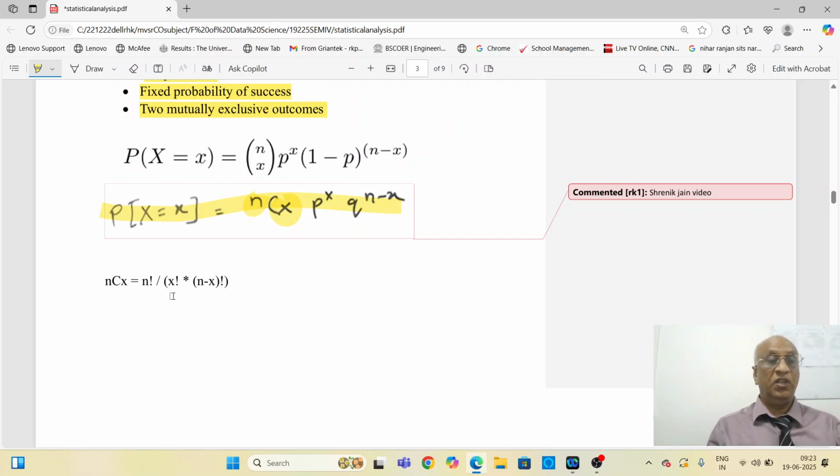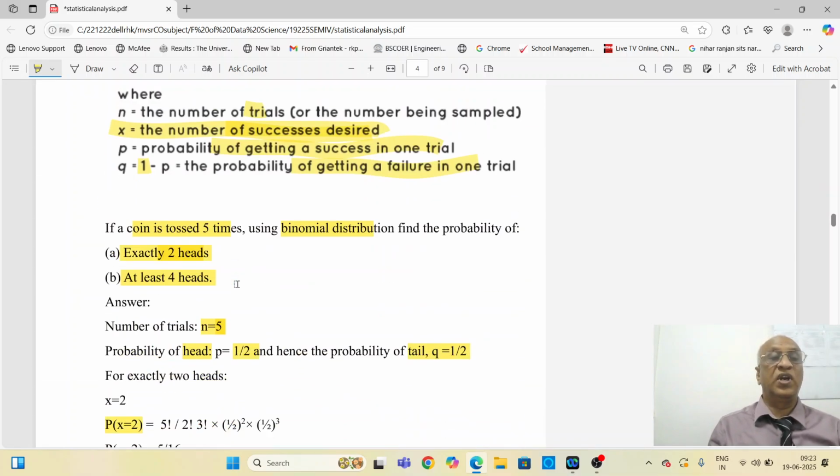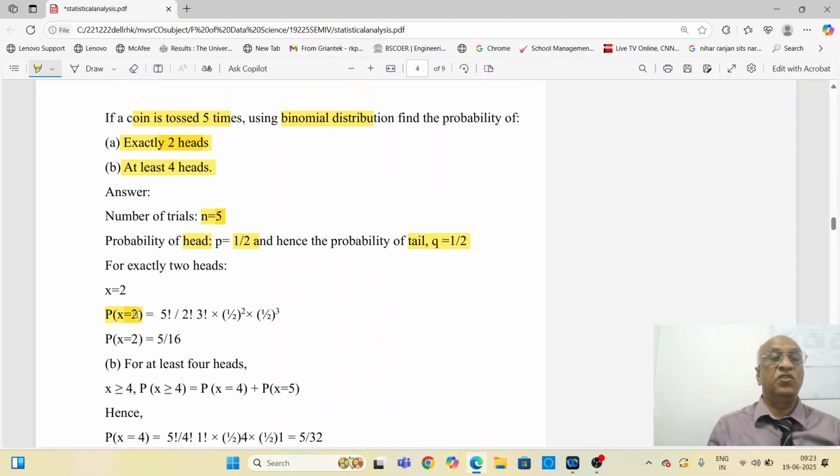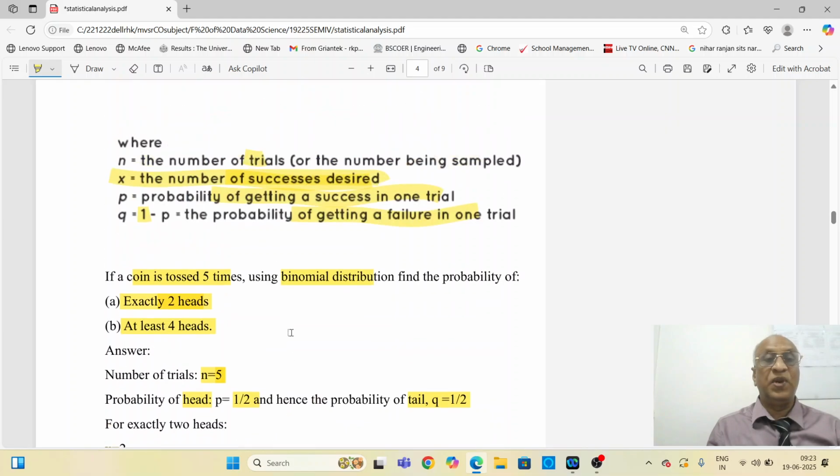So here nCx can be derived by using n factorial divided by x factorial multiplied by n minus x factorial. What is the value of n? 5. What is the value of x? 2. So 5 factorial divided by 2 factorial multiplied by 5 minus 2 factorial, which is 3 factorial. Let us look at this example. Okay, x is equal to 2, 5 factorial divided by 2 factorial multiplied by 3 factorial multiplied by